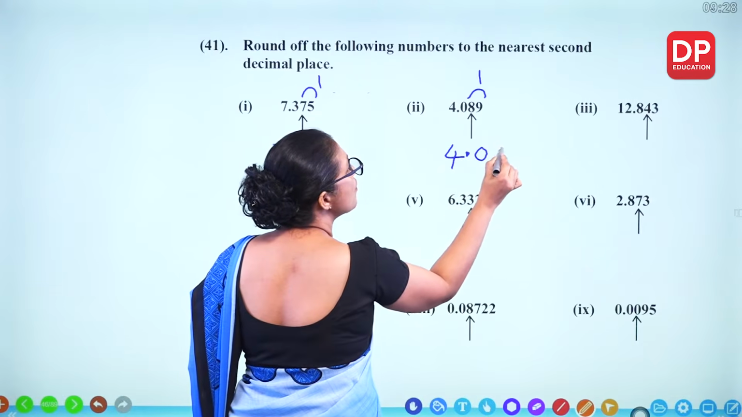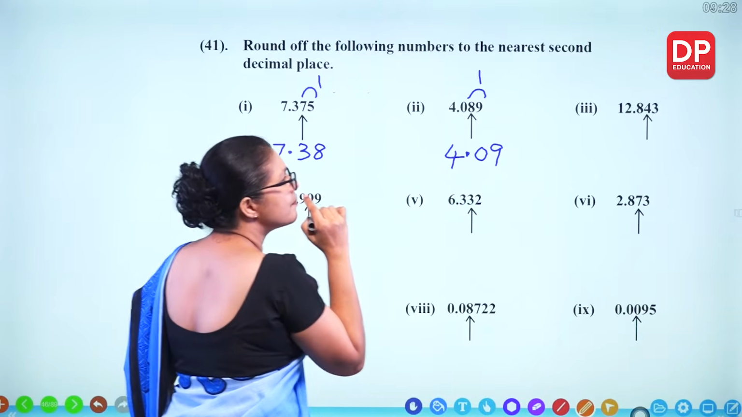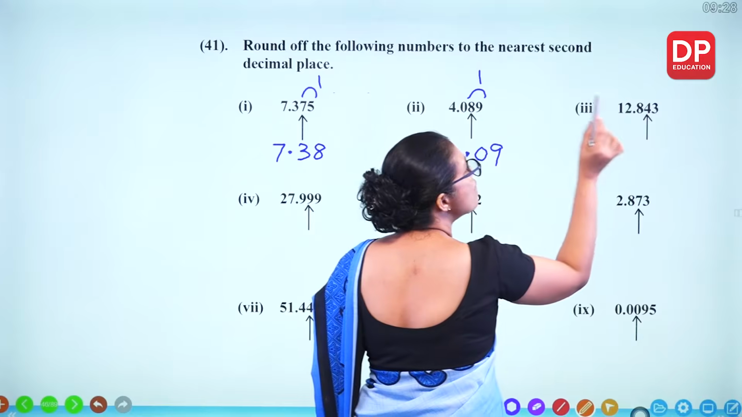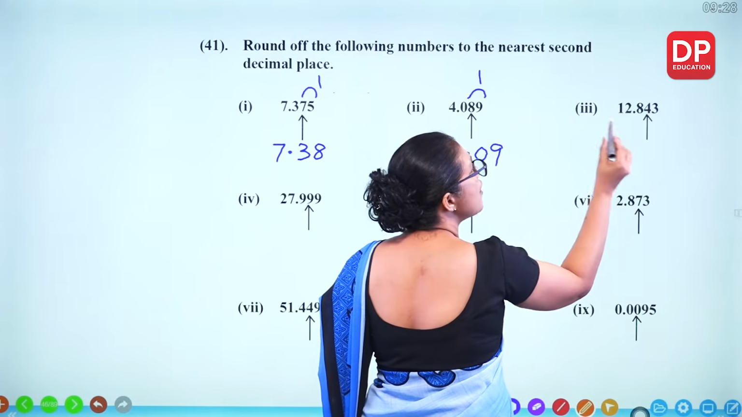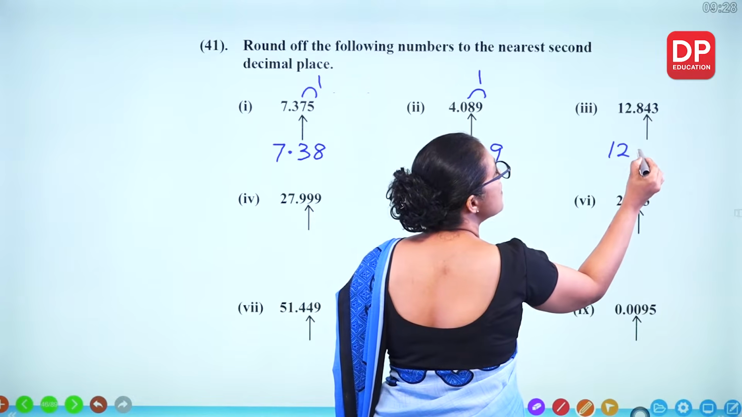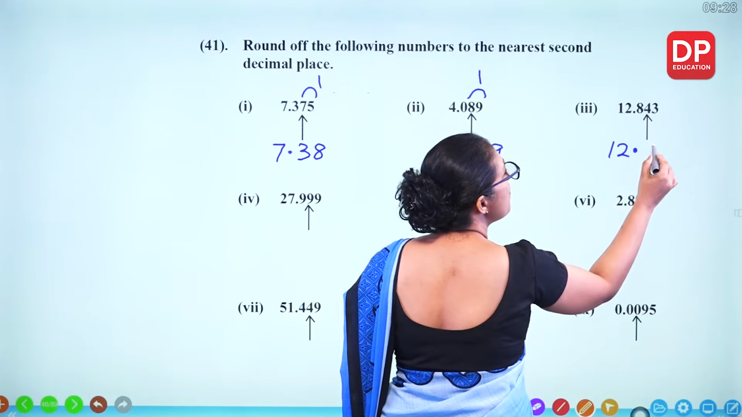4.09. This one, 4 is there. So next digit is less than 5. So we are not adding any number. So the answer is